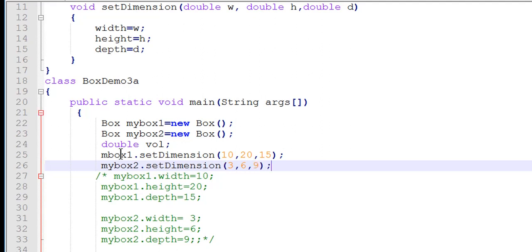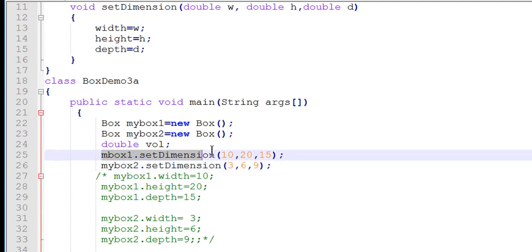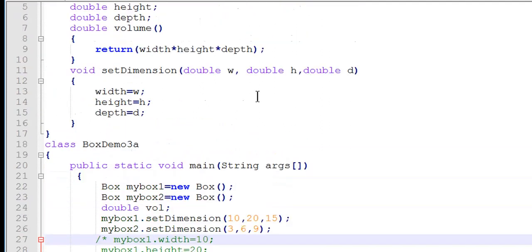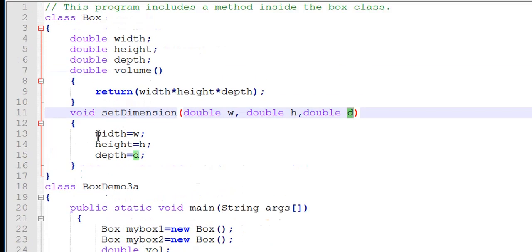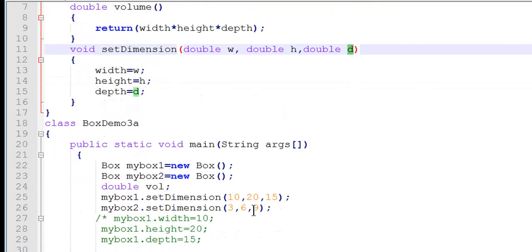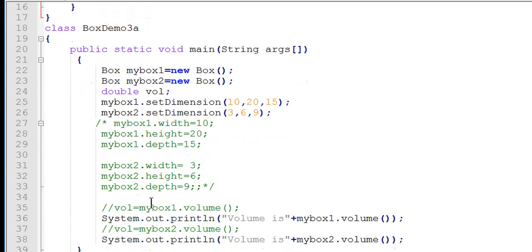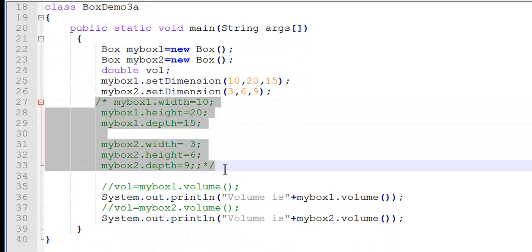Now when the myBox1 method call is made, the values 10, 20 and 15 are substituted for w, h and d, and assigned to the instance variables width, height and depth. These two lines will initialize width, height and depth of myBox1 and myBox2 with their respective values. So these lines are not required.